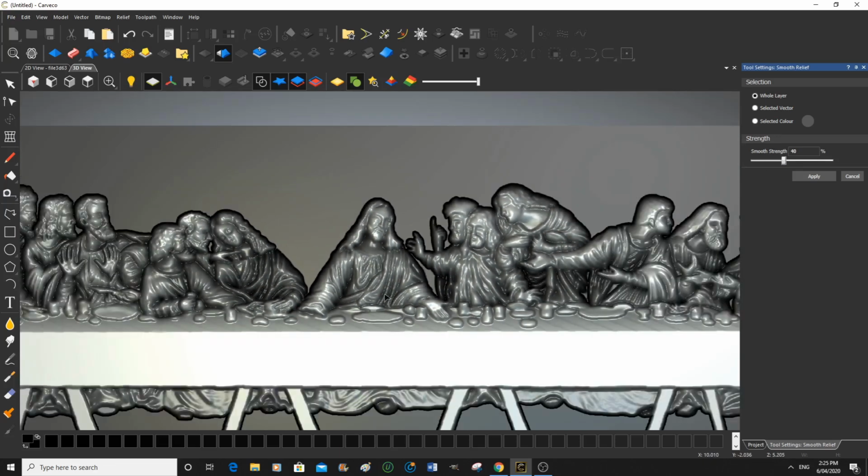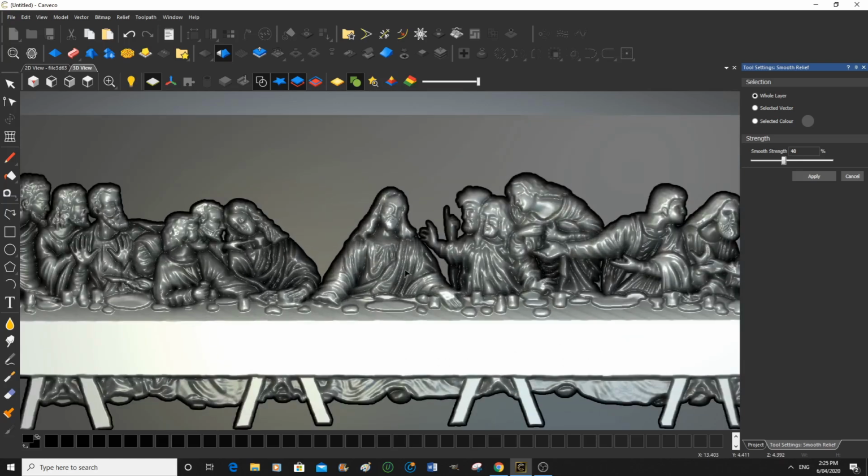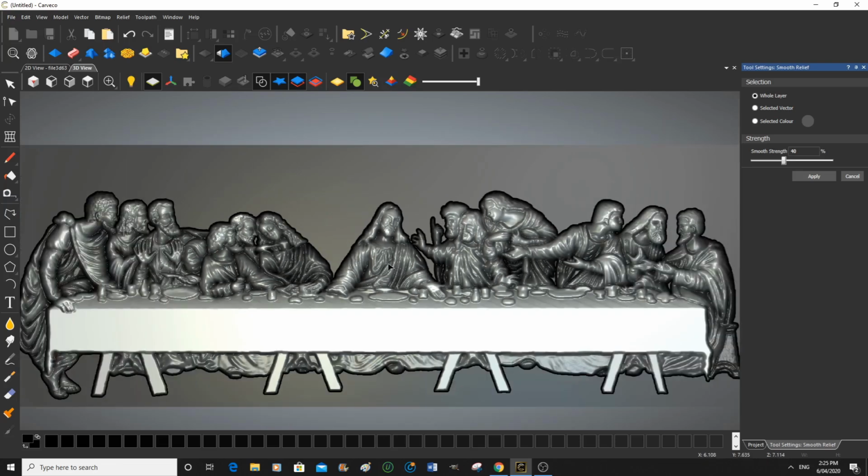Okay, let's step back here a little bit now. That is looking a lot better. The ridge is actually gone now, or whatever part of the ridge is left is not going to be machined, it's not going to be noticed. Okay, so we have Jesus now and the 12 disciples, but I think they're actually in pewter or something at the moment. So I think we will